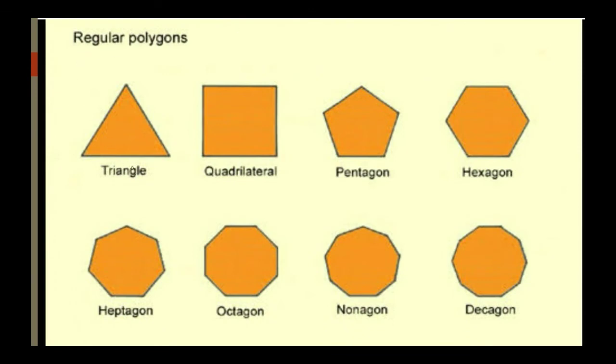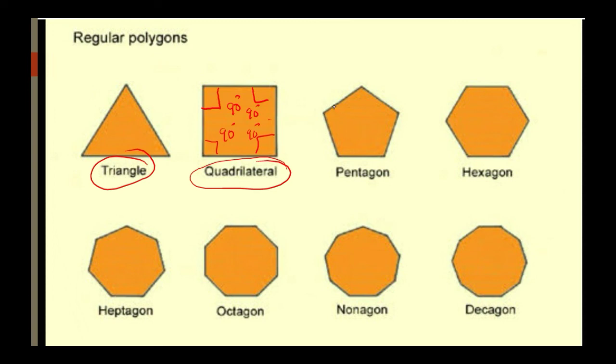Let me show you a few regular polygons. See, in this, this side is equal, this side is equal, this side is equal. So a triangle is a regular polygon. In this square, all sides are equal and angles are equal. Each angle is 90 degrees, so it is equiangular and equilateral. Square is a convex polygon. Square has all sides equal and all angles equal. So it is a regular polygon.